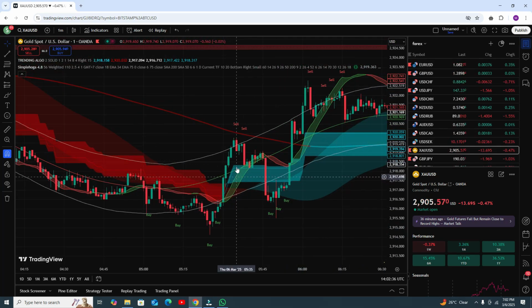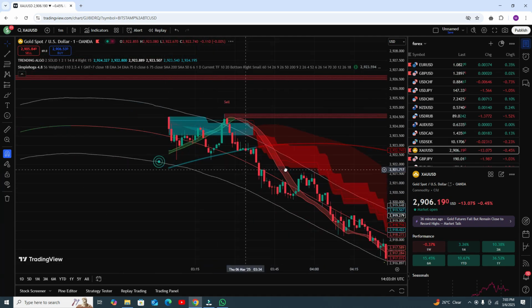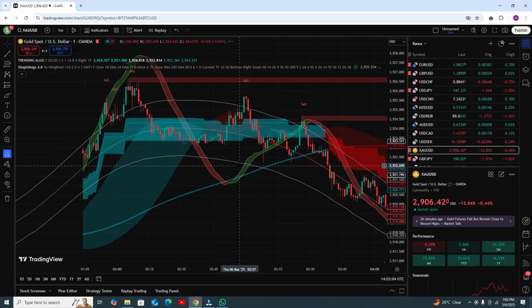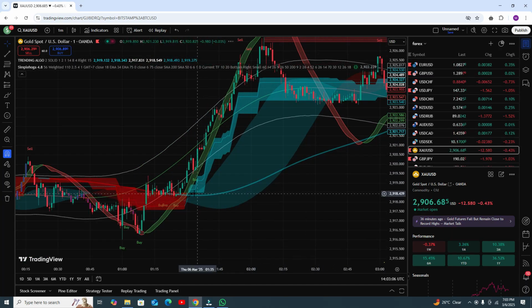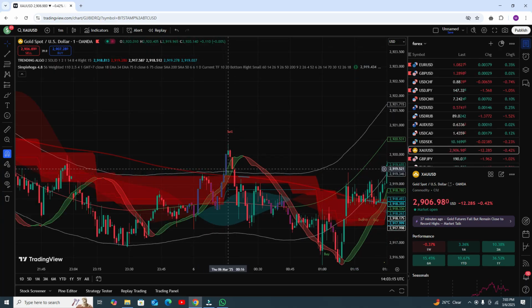Okay, in this condition the trend line is a red one, but the trend clouds are clearly saying that it is a buy condition, so you need to follow the buy signal, not the sell signal. That is actually not a strong buy signal, that is a weak signal. When your conditions are perfectly true, like this one, that is a strong buy condition. And here you can see that is a strong sell condition.